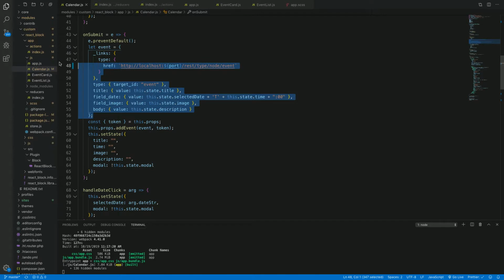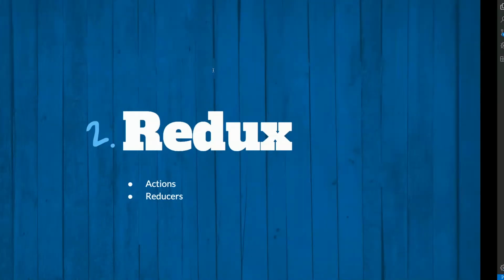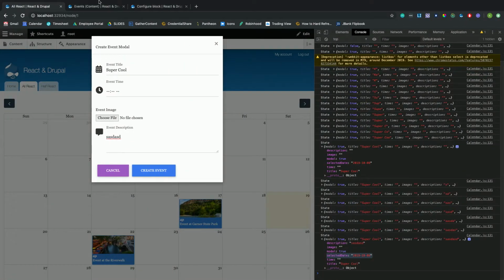And here we actually take all of that data on state and we format it for how Drupal wants it, with this links types href to rest type node. And that first we have to set up